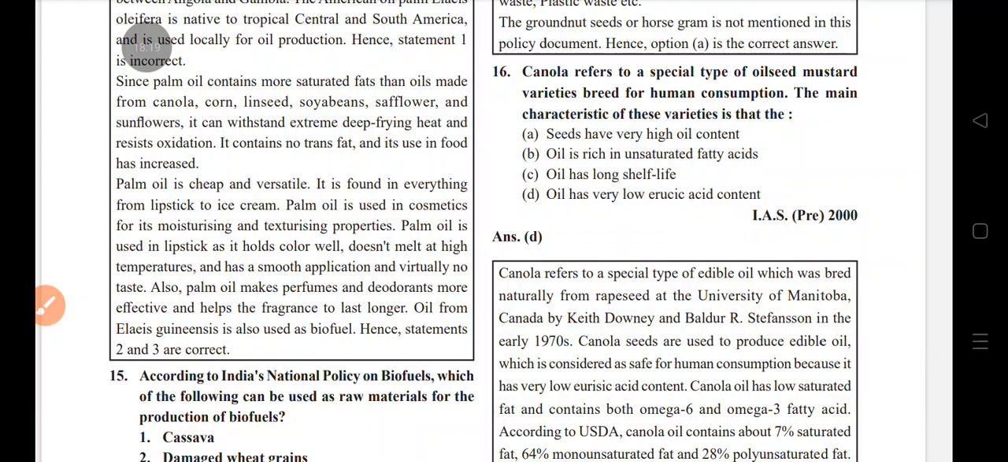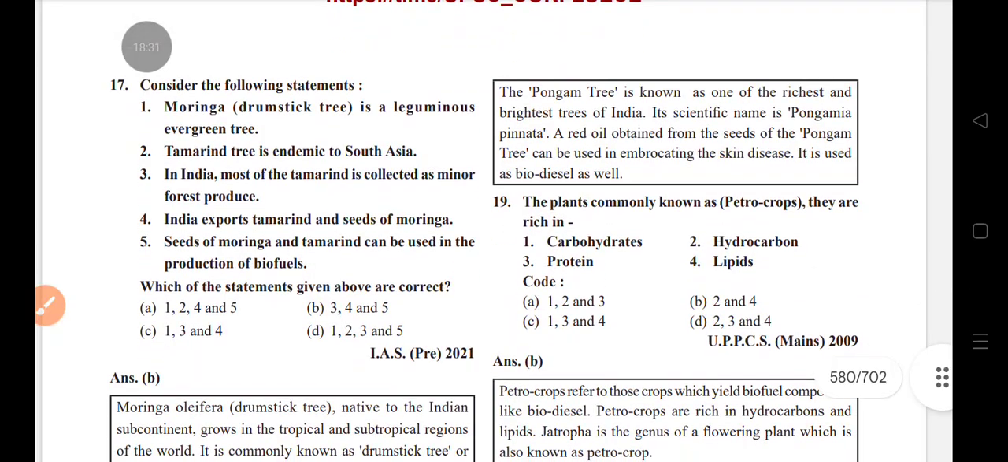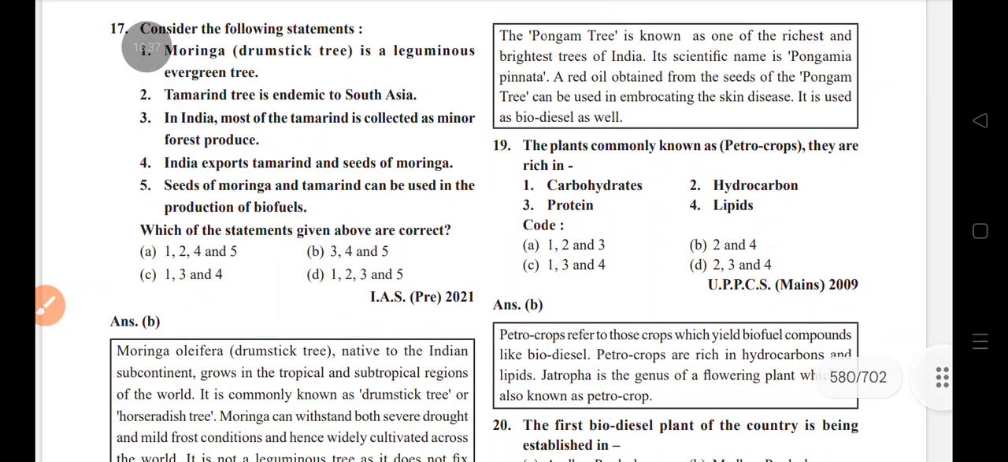Canola refers to a special type of oilseed mustard variety bred for human consumption. The main characteristic of this variety is that the oil has very low erucic acid content. Moringa, drumstick, Indian native. Tamarind,